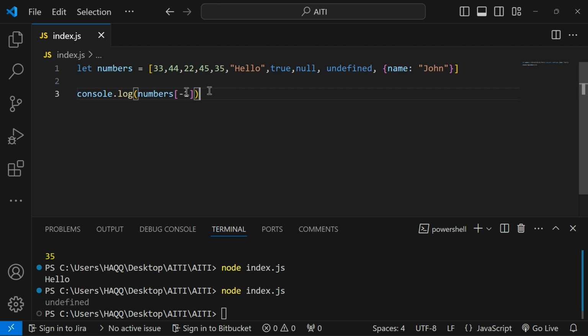Now, if I want to modify any of the elements, the first thing you would need to do is to access the element. So once we've accessed the element, then it is easy to modify that element. So let's say, for example, here